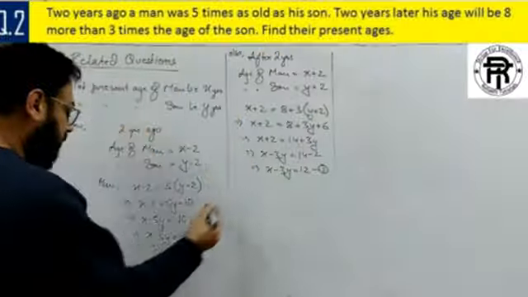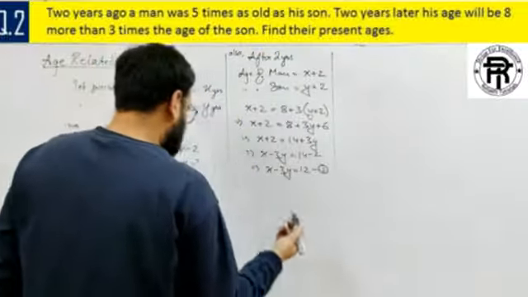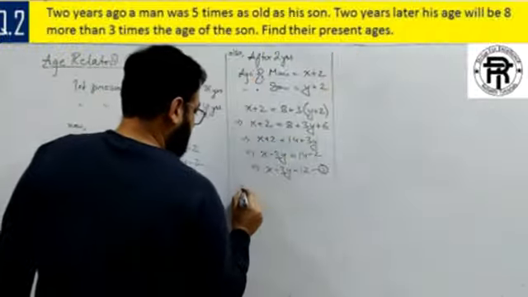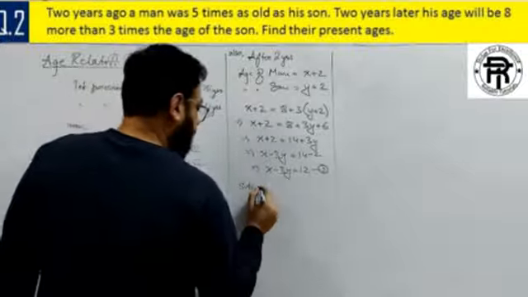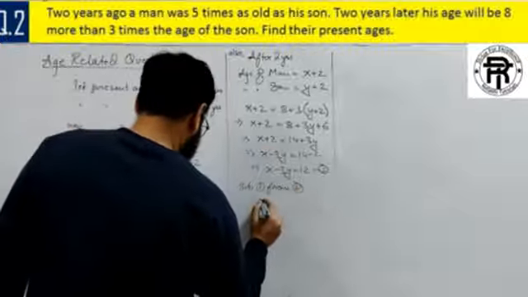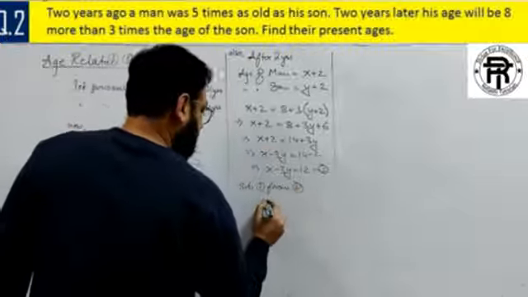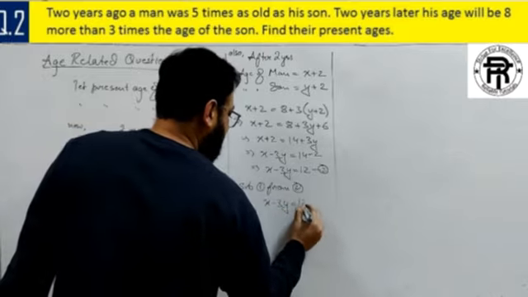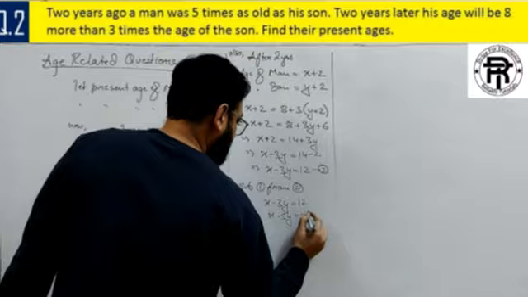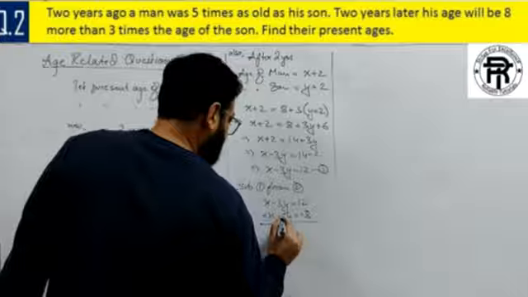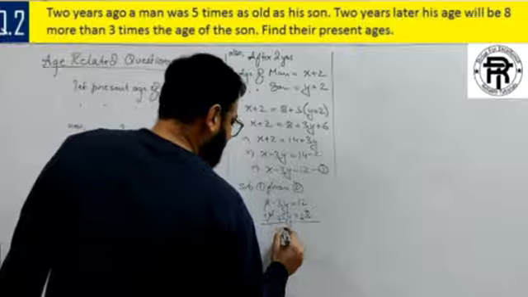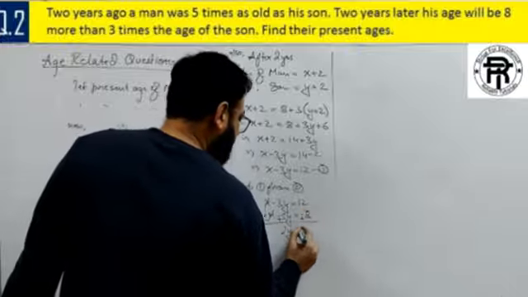Now again you can see in both the equations you have x. So directly what we will do? We will subtract. So directly we will be writing subtracting equation number first from second. So x minus 3y is equals to 12. And from this equation we are subtracting the first equation. That is x minus 5y is equals to minus 8. The sign is going to get changed. Plus becomes minus, minus becomes plus, minus becomes plus. X minus x cancel. Minus 3y plus 5y, that is 2y. Plus 12 plus 8, that is equals to 20.